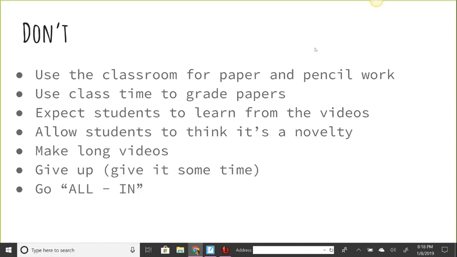So 22 minutes from start to end to me is worth every second of instructional time that I get with my kids. Again, it takes a little practice, and it's going to be super awkward because it's very strange to sit there and talk to yourself and not get any feedback, like I'm doing right now. So it takes a little bit of getting used to.